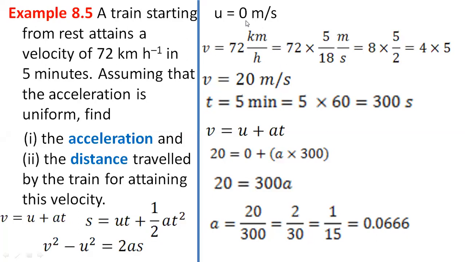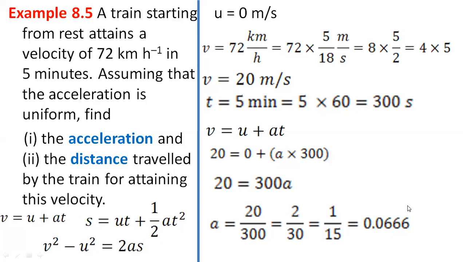So what we did, we first wrote the given data and we just chose v is equal to u plus at. Why is it necessary to always take v is equal to u plus at? It is not. You can take any of the formulas, but the problem is you have to choose a formula in such a way that all the values are known to you. If in the question the value of s was not given, hence we were not able to take the second or third, else we could have taken that also. Hence we have to go with which formula? v is equal to u plus at.